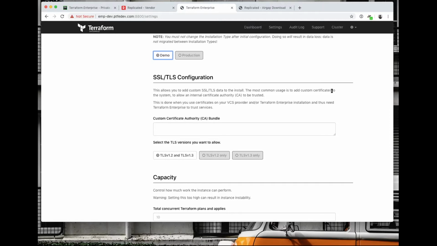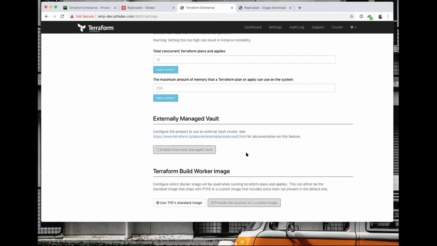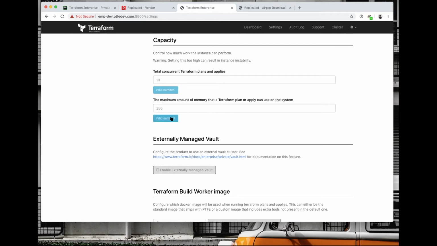Great. And then we have some options around, for example, if you wanted to change the TLS, and some more specific options around the application, like how much memory you wanted to give to plans and applies, and how many concurrent ones you wanted to be running. And what are those validators? We have this concept of test procedures, which take the input and make sure that it's valid data. These can be regex, which these probably are. I think so, yeah.